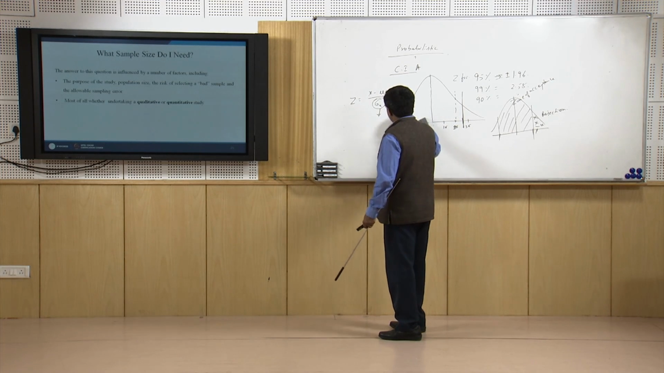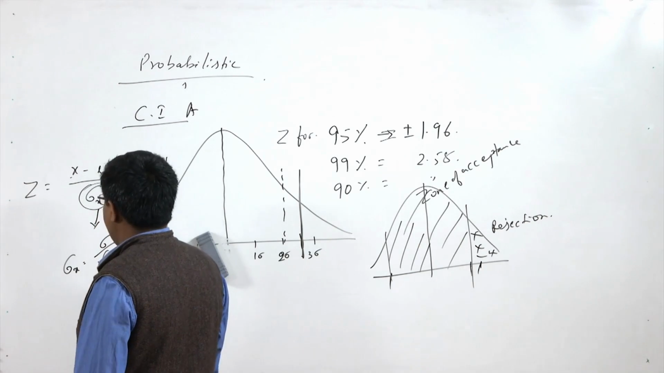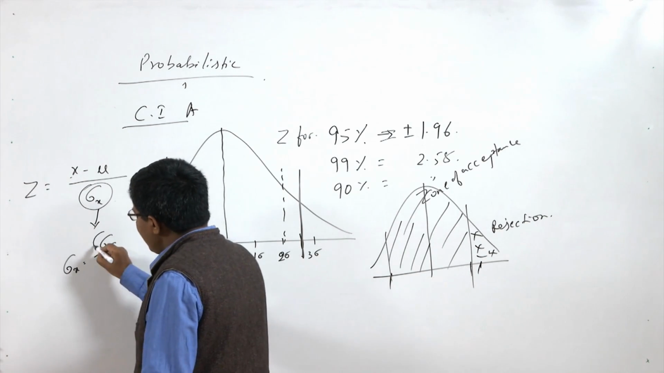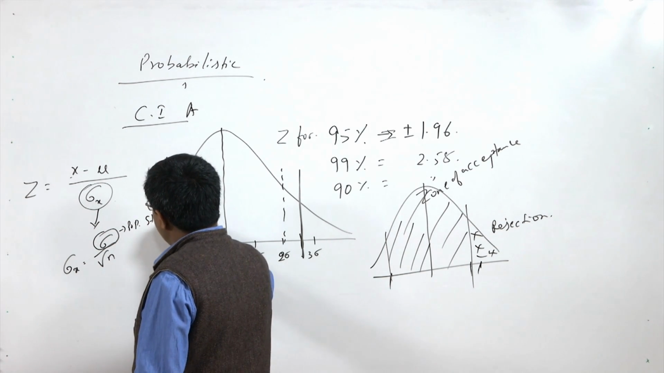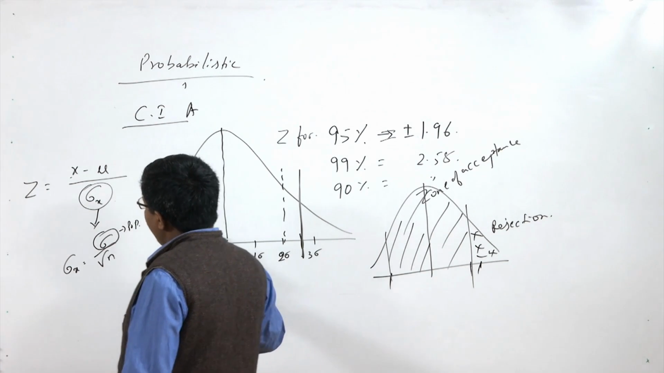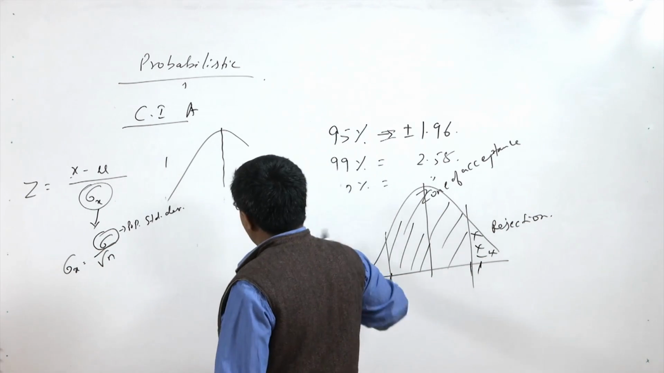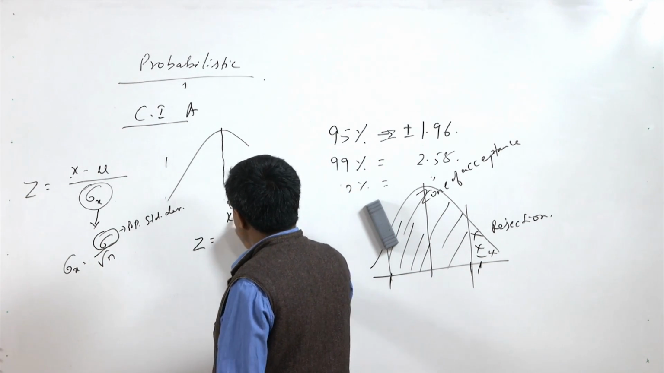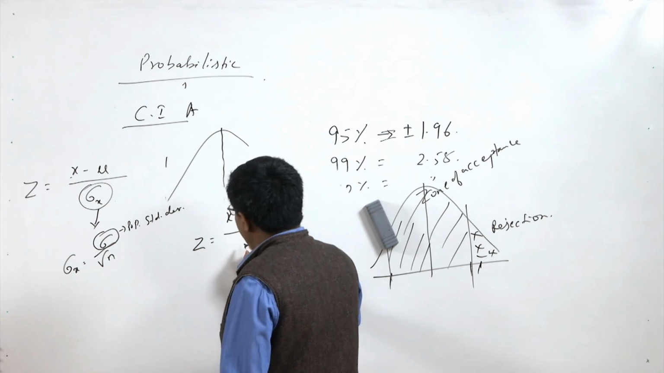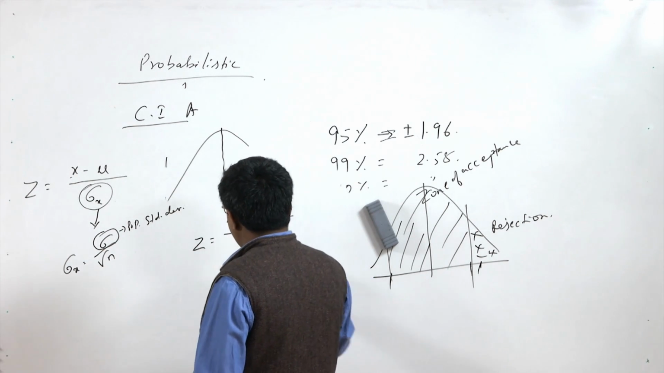Now, this standard error sigma x is equal to sigma upon root over n, where sigma is the population standard deviation. Now, if I have this, can't I write a new formula? The new formula will now look like z is equal to x minus mu upon sigma upon root over n. So, if I need n,